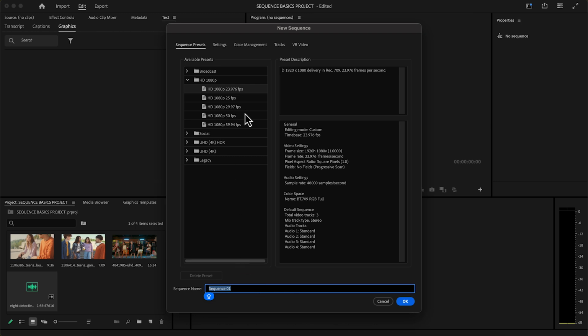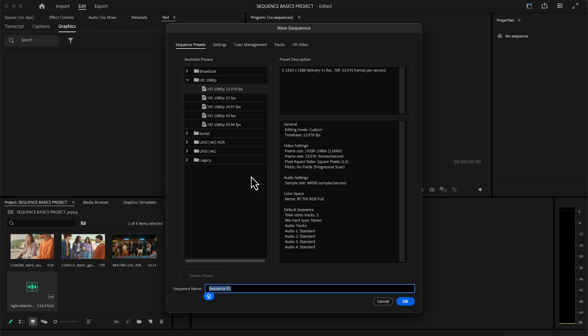So in this dialog box now we have the HD 1080p, that is 23 frames per second, and the HD 1080p, that is 25 frames per second. We also have the HD 1080p, that is 29.97 frames per second, and the HD 1080p, that is 50 frames per second. So depending on how you shot your video, for cinematic and professional shooting or for slow-mo purposes, a lot of people shoot in a higher frame rate, which is the 50 frame rate or the 59.94 frame rate. So in this lesson we may just be going with the first option, which is